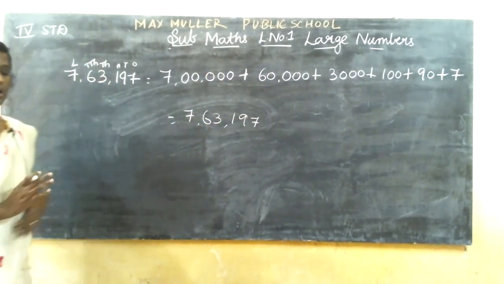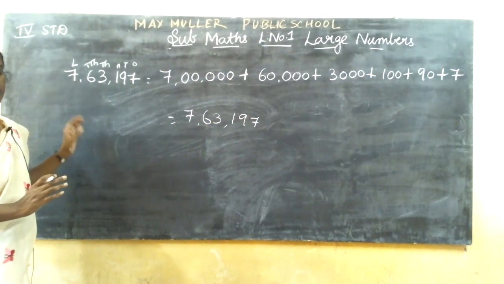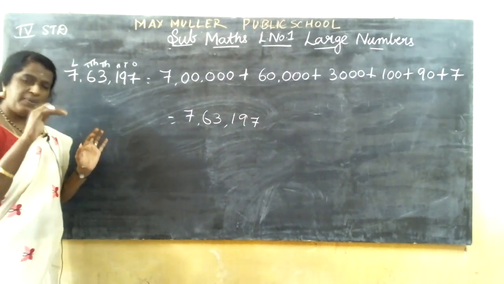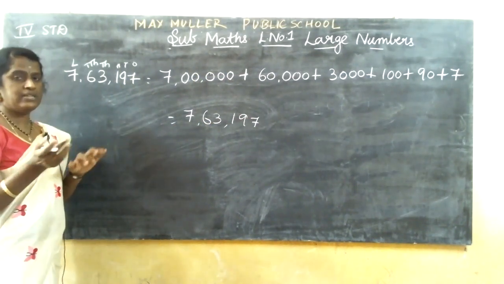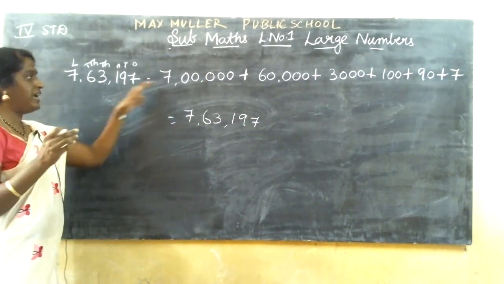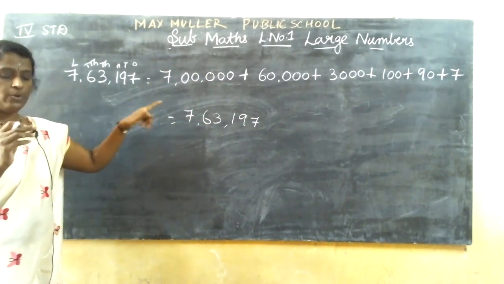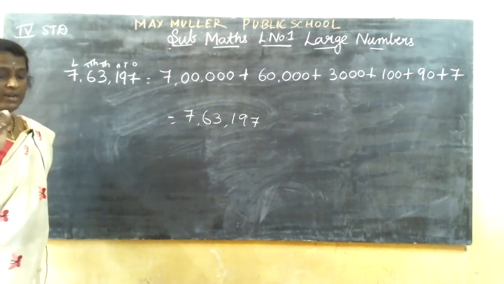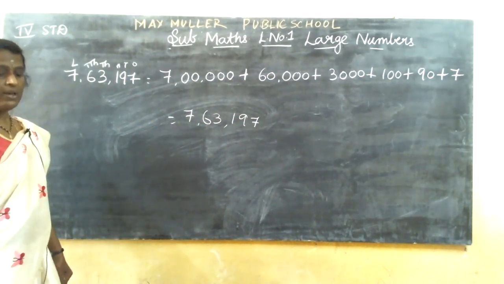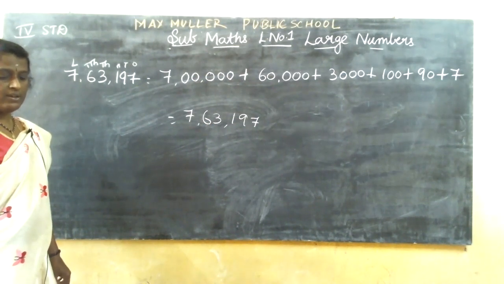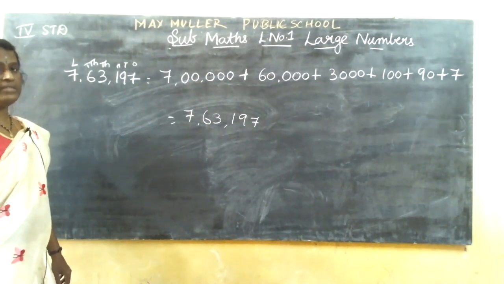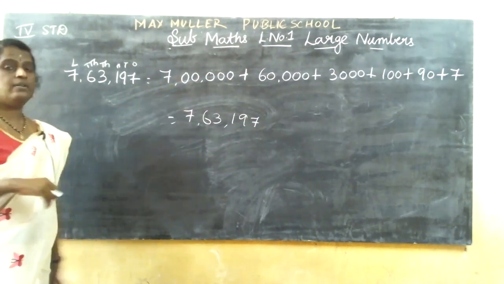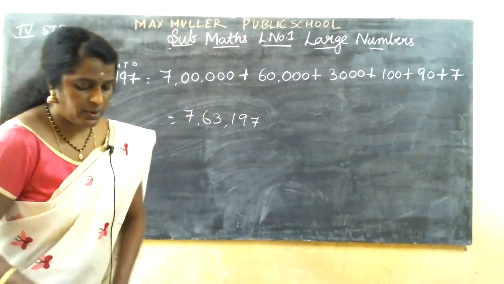So for all the others, you should only write it like this, children. If 0 is there, plus 0. Next, what number is there? See, 8 lakh, 8 lakh plus 0. The third one plus the second one. 1 is in the thousands place, so 1,000 plus 200 plus 10 plus 8. So expand and write it like this. Okay, children.